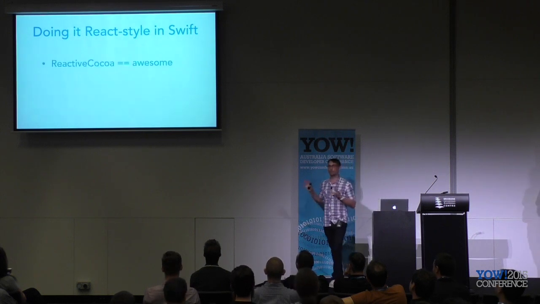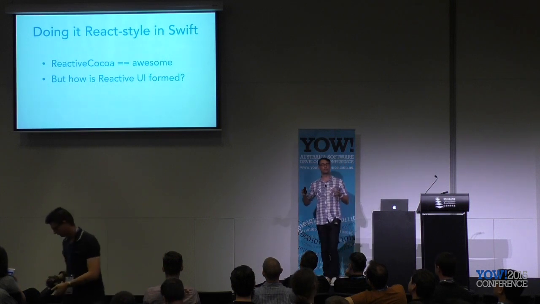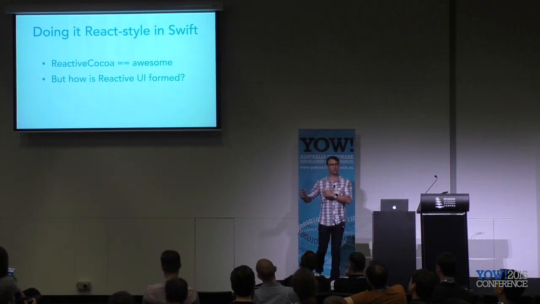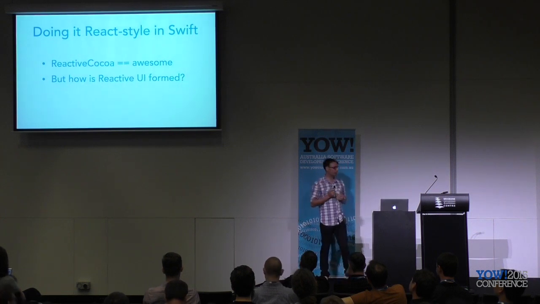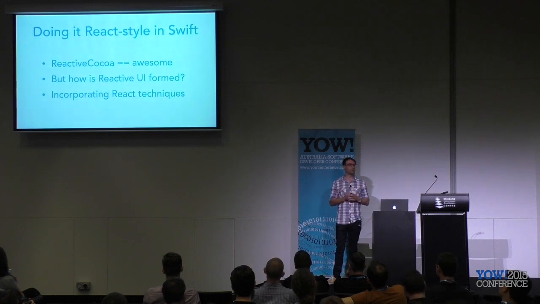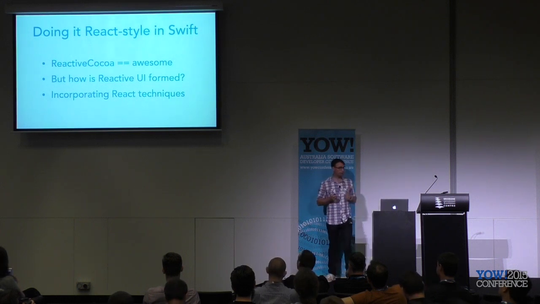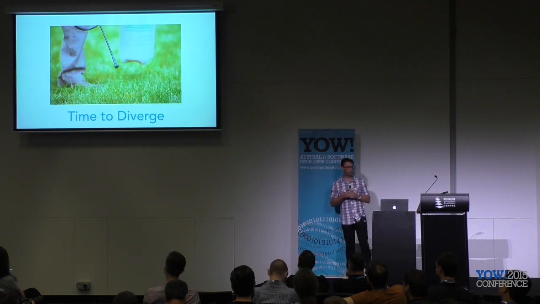All right, so first I'm going to talk about ReactiveCocoa and how awesome it is. Then some of the issues that we run into when we're stitching ReactiveCocoa together with UIKit, which is an imperative object-oriented view hierarchy. And then how we can incorporate some React techniques to try and make working with this a little bit better. Okay, so first we're going to diverge from discussing UIs a little bit and start talking about,